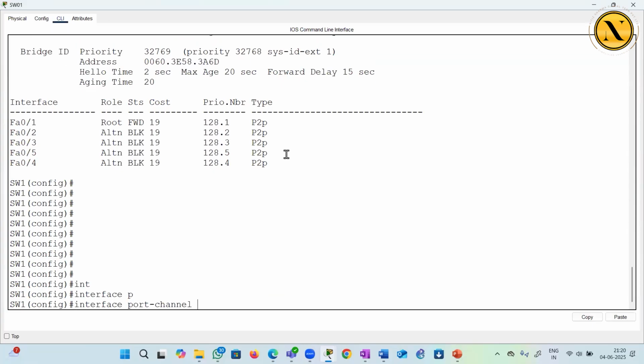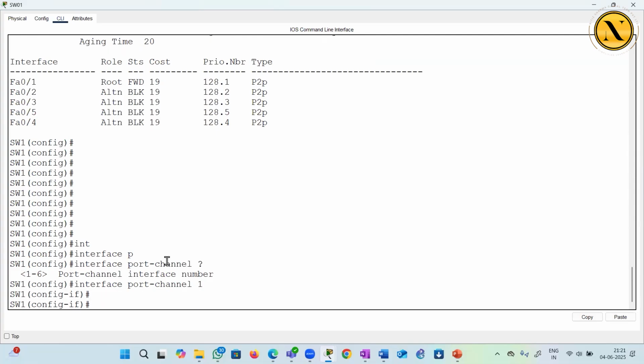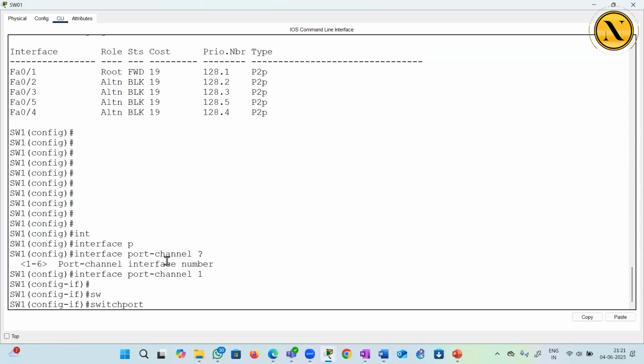Interface port channel, PO tab, right? Look at the number 126. So I'll just give a simple number, right? On both the switches you can have the same number, you can have a different number, right? And I would like to say switch port